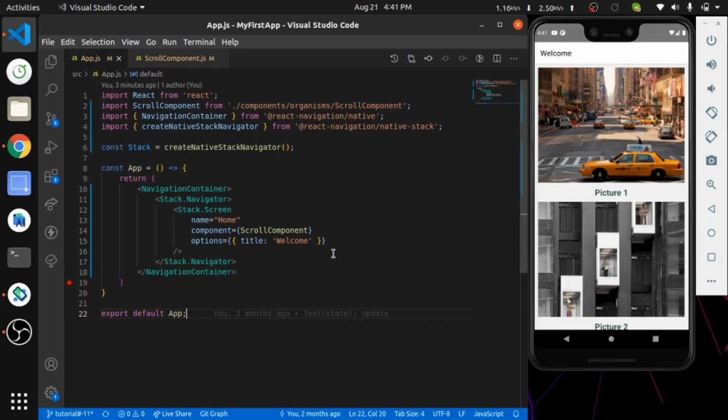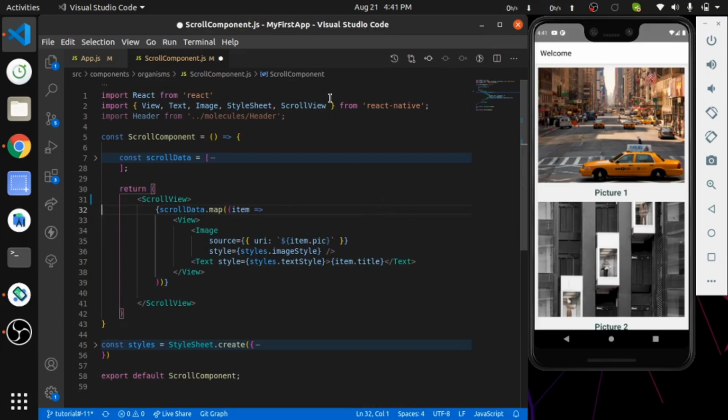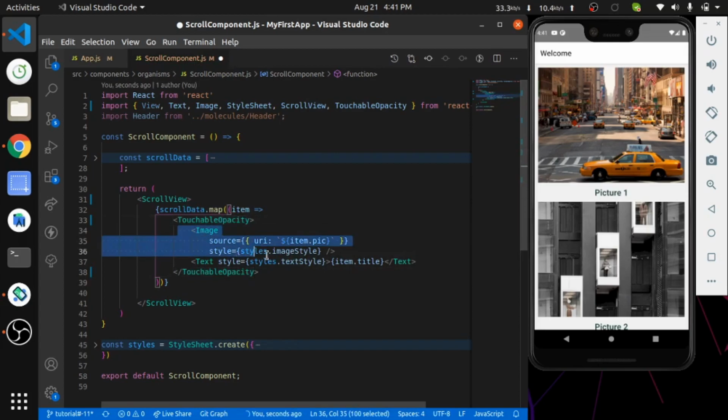Now we will navigate on the click of this image. So let's jump to the Scroll component, and we need to create an onPress here. For this I am going to import TouchableOpacity, and instead of View I am going to use TouchableOpacity as the outer component of the image and text.